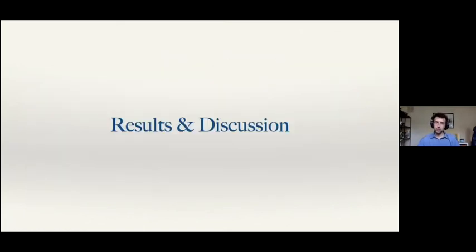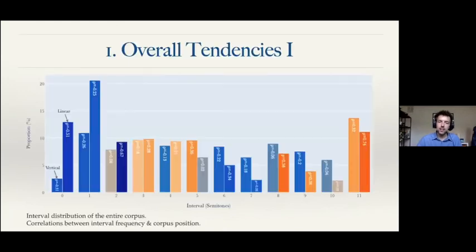So that was a whistle-stop tour through the method. So I'm going to turn now to the results and the discussion. And the first topic, the first research question, is to consider the overall tendencies across the corpus as a whole. So this chart is an interval distribution for the entire corpus, all 107 movements. Again, we've got for each interval vertical intervals on the left and linear on the right, and I'll discuss the